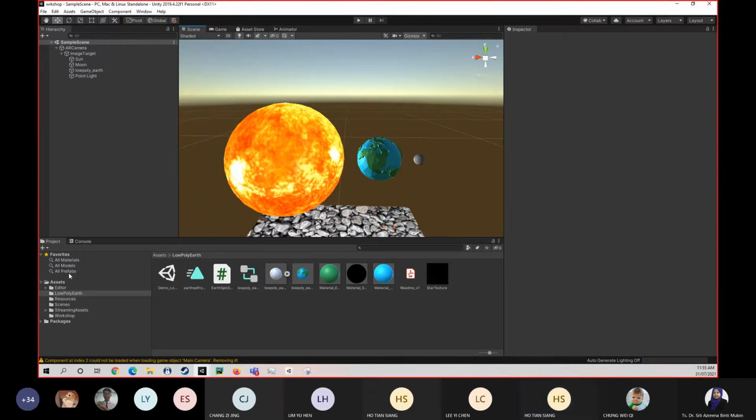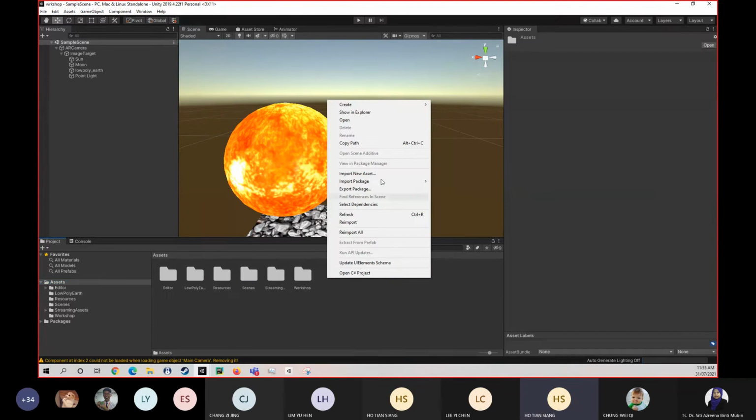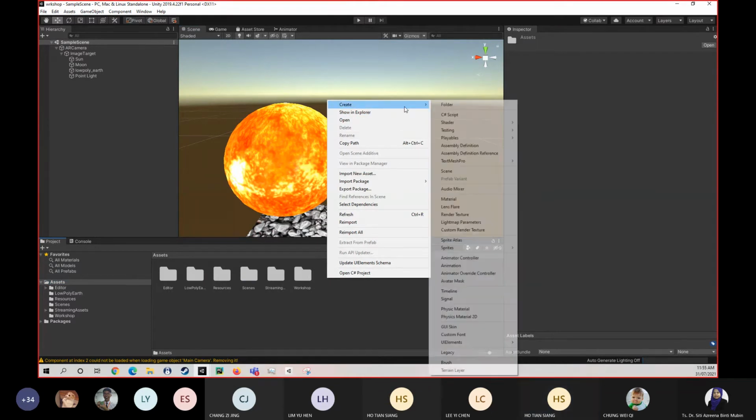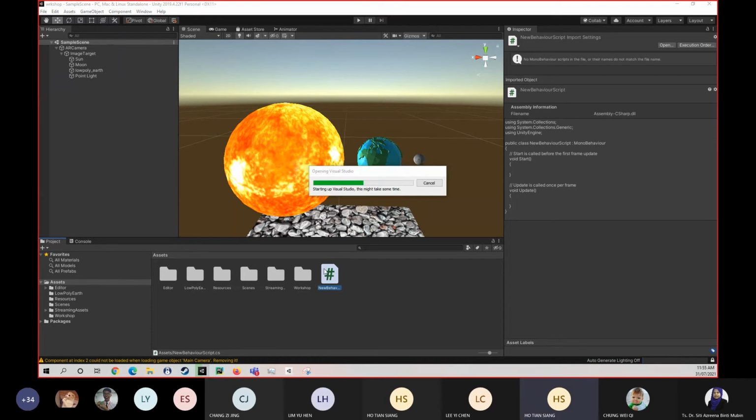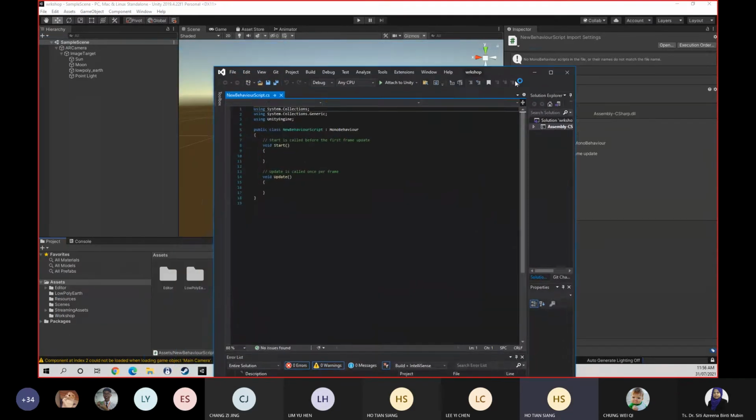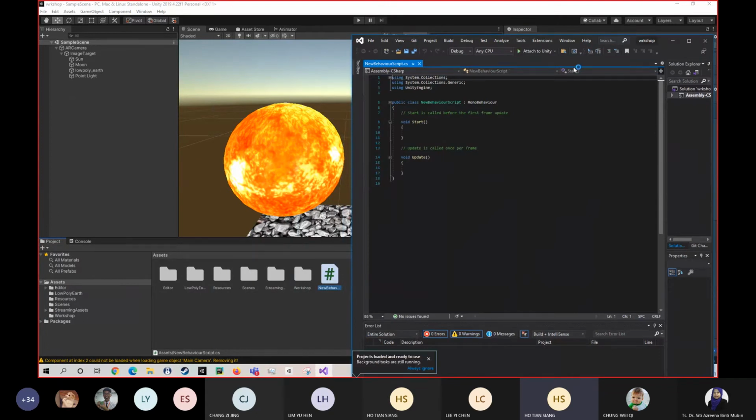So under your asset, right click, create a C# script. In Unity, basically all the scripts are in C#. You double click this script, and then it opens Visual Studio. By default, I think most of you are opening Visual Studio. So if you are opening a 2005 version and you want to upgrade, you just go to the